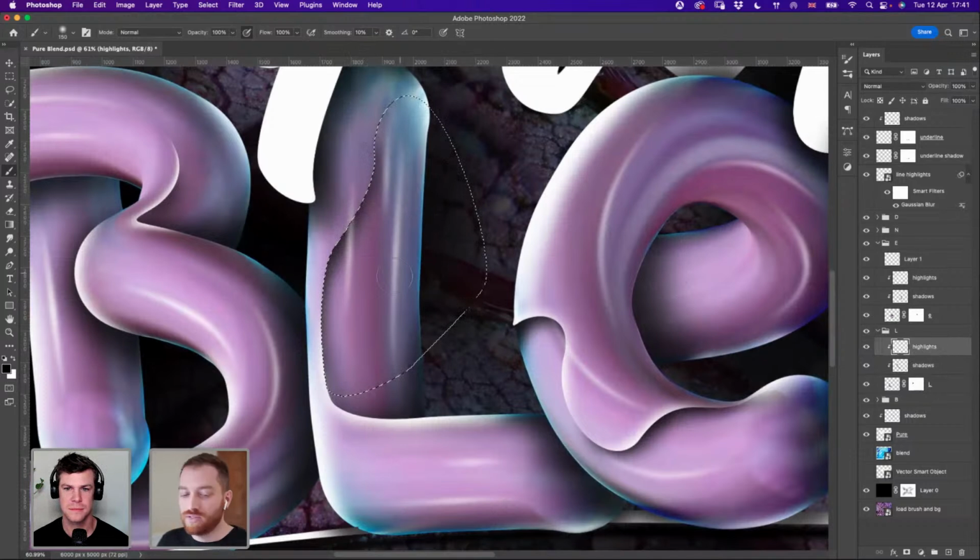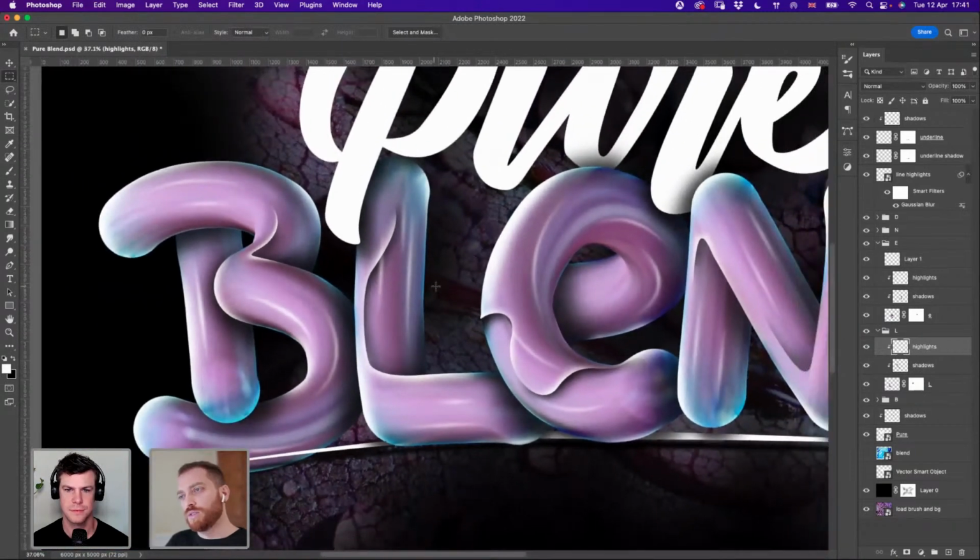So let's do the highlights first. We select inverse and then add some white just to finish with this highlight, and then we can go at the top. Let's see how that is.